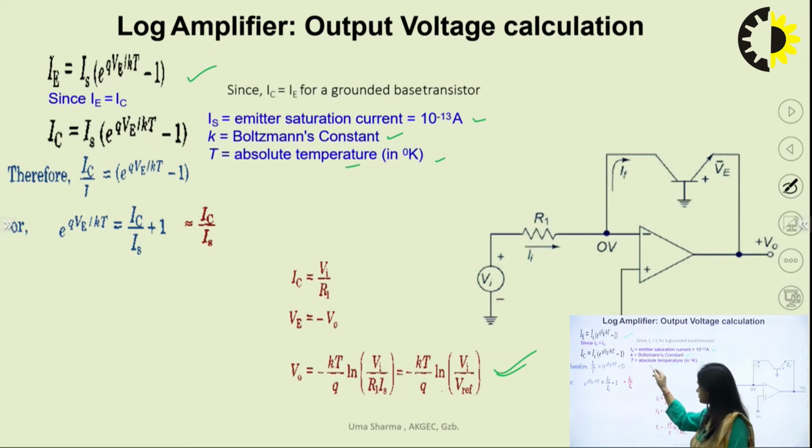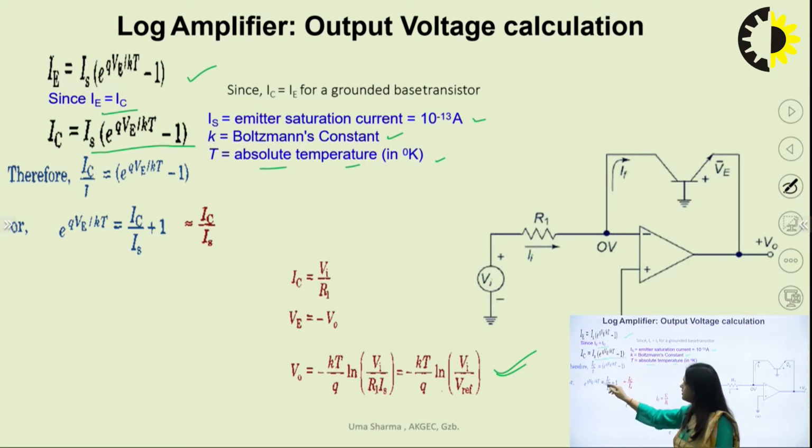So we can use these constant values to calculate the value of VT. Now IE is nearly equal to IS because we have grounded the base terminal, so base current is nearly equal to 0. So I can equate IE with IC. So here IC is equal to IS into e to the power QVE by KT minus 1, and